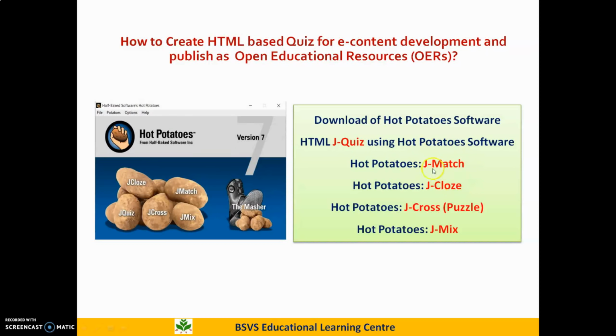Then another is JCloze, which means you can fill the gaps in different sentences. JCross is like a puzzle. It is useful to create a puzzle. And another is JMix, which means you can mix different sentences or words. So we are now going to the platform of Hot Potatoes.